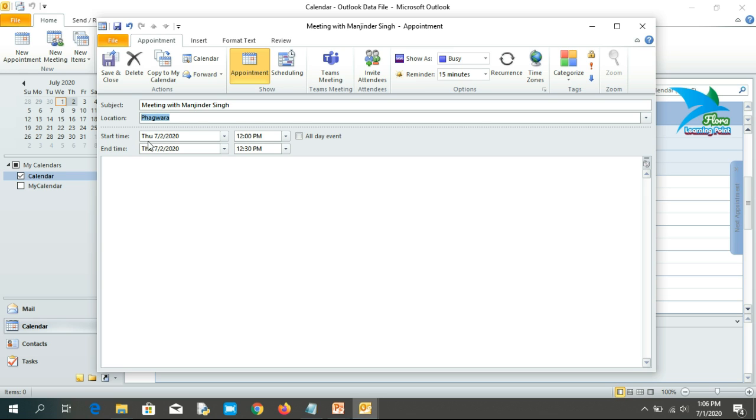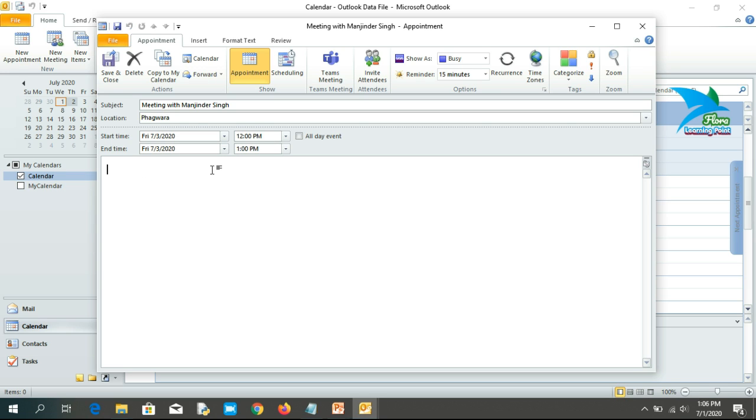So this is the subject of my appointment, and this is the location, and the start time you can also modify. Let's suppose you want to change the time to Friday, then this is the start timing, and for the end timing I'll choose 1 p.m.